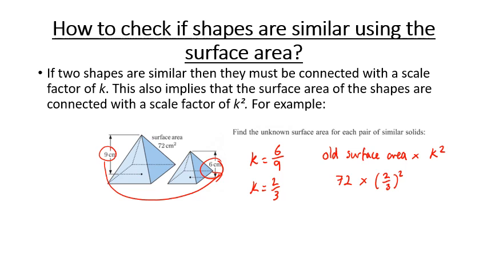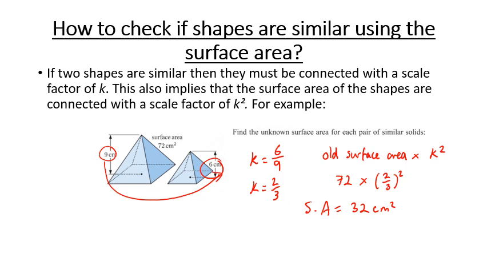Now all we need to do is get our calculator out, punch in 72 times 2 over 3 all squared, and that gives us an answer of 32 centimeters squared. All right, so we're basically multiplying our old surface area by the scale factor squared to get